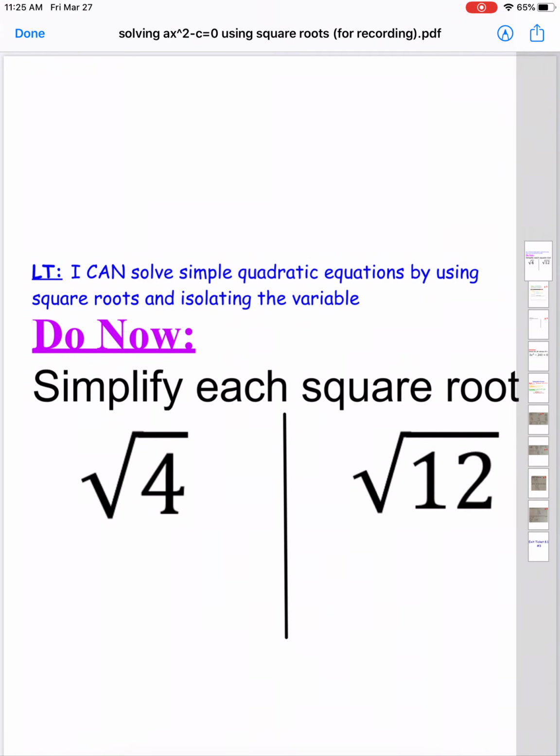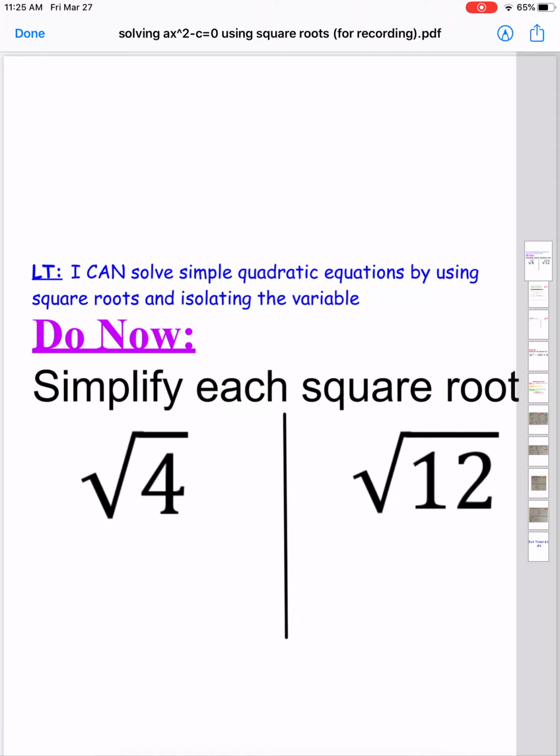Okay, welcome to your second lesson for Unit 8. Again, Unit 8 is all about quadratic functions. In the lesson from last week, we just learned how to identify a quadratic function, so what makes something quadratic or not. Now we're going to start getting into how to solve quadratic functions. We're going to be learning 4 different methods of solving functions. In this lesson and in the next video, we're going to be using square roots, so basically just inverse operations